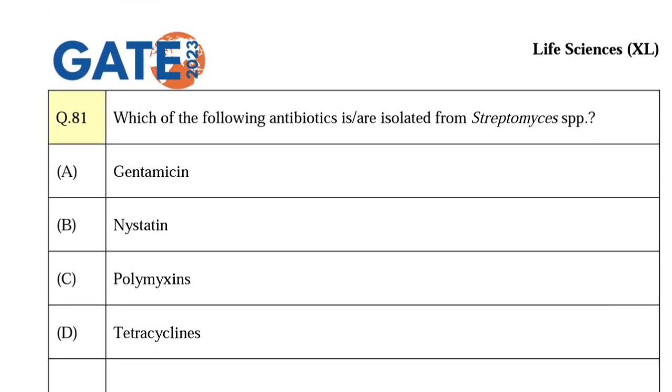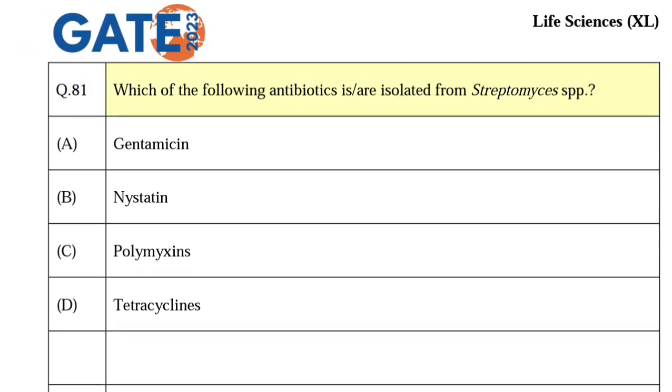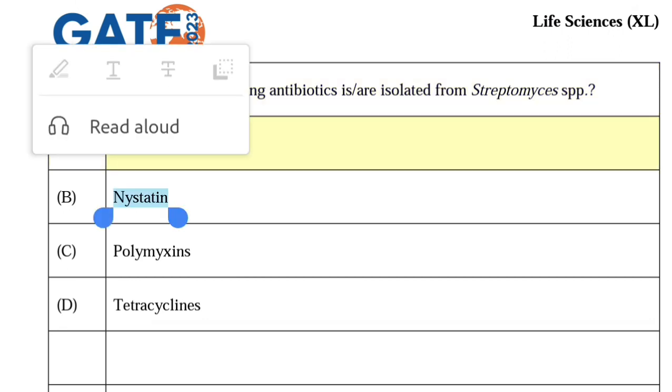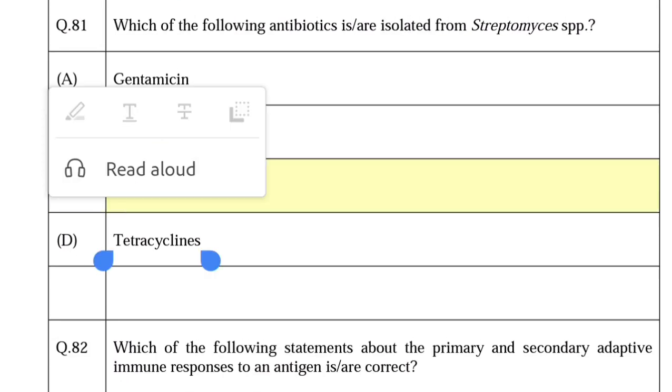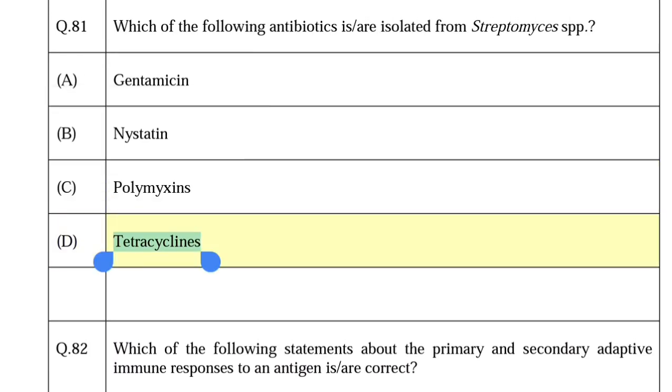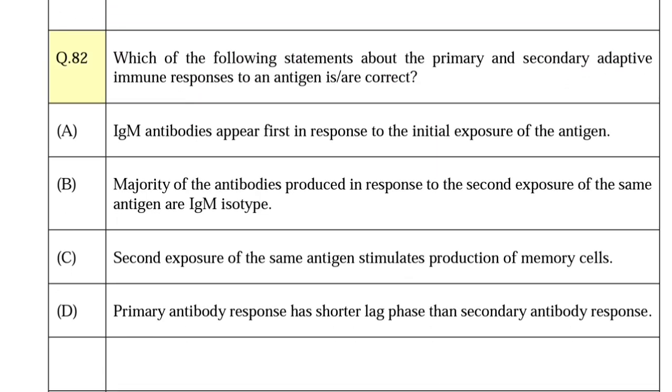Q.81. Which of the following antibiotics are isolated from Streptomyces spp? A. Gentamicin. B. Nystatin. C. Polymyxins. D. Tetracyclines. Q.82. Which of the following statements about the primary and secondary adaptive immune responses to an antigen